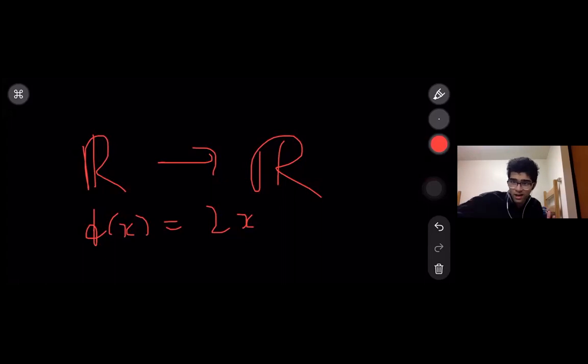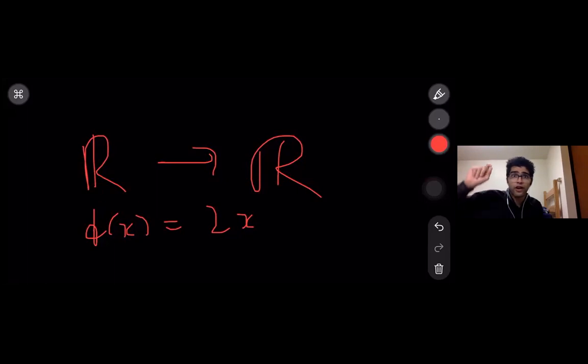So if I say f of 6 is 12, f of no other number can be 12, because it's very simple to find the pre-image. You just have to divide by 2. So if you find a number on the codomain, the number from the domain which brings it to that is just the half of that number, and one number cannot have two halves. It can only have one half. If you want to find out which number brings you to 5, you just have to divide 5 by 2. So 2.5 will bring you to 5. If you want to find out which number brings you to 10, 5 brings you to 10. No two numbers will come to the same. It's a one-to-one function.